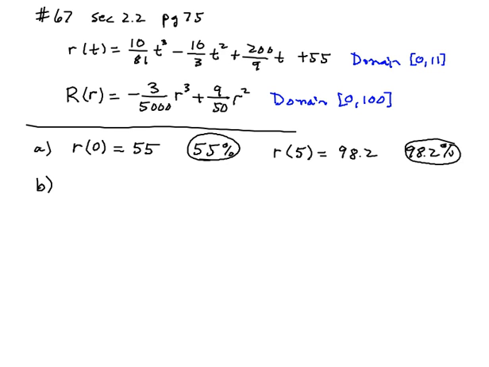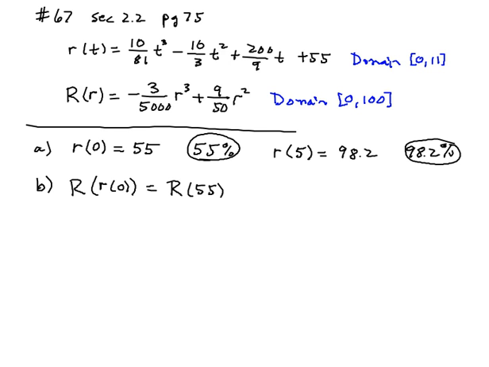B, what is the hotel's monthly revenue at the beginning of January? So the monthly revenue, in this case, I'm going to use the revenue function. But it says at the beginning of January. The input to the revenue function is the occupancy rate. So I have to calculate the occupancy rate at the beginning of January to get the revenue at the beginning of January. So this would just be R of